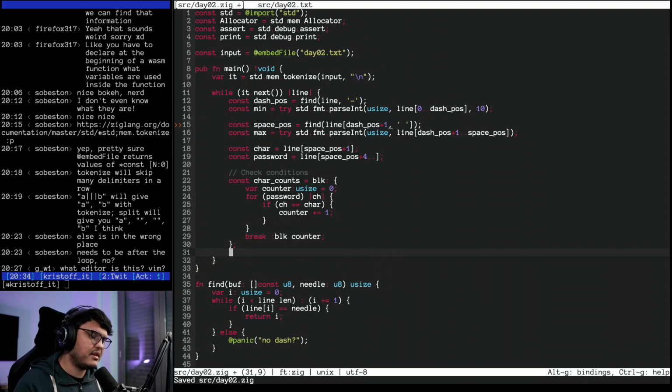So char counts, and then if char counts is greater or equal the min, and wait, I'm having a brain fart. Keyword end is allowed, right? It's not just end. I think yes. And char counts is lower or equal to max.